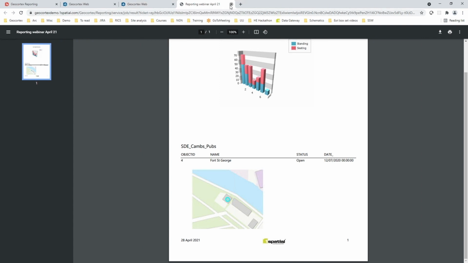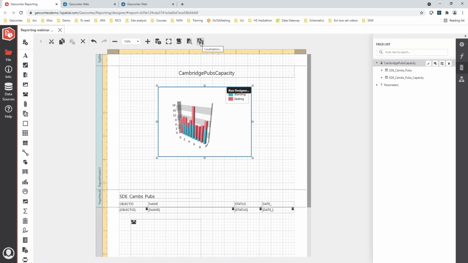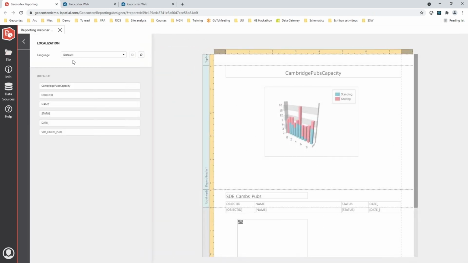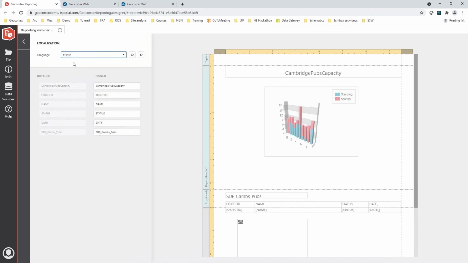So if I just close my output here and return to our report designer, you see that we've got a new tool in the top row here, which is called localization. So I'll open that. To begin with, the language is just set to default. In this case, I'm going to demo in French, so I'll just select French, and that automatically adds another column